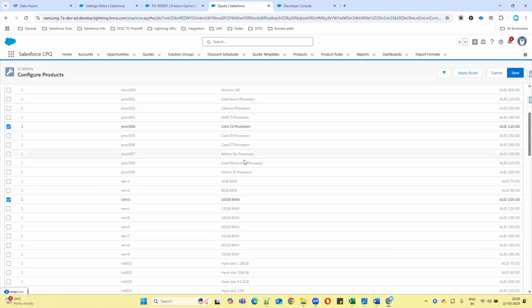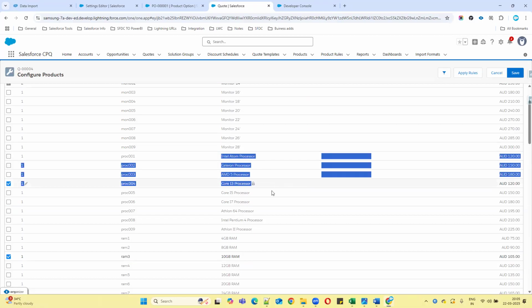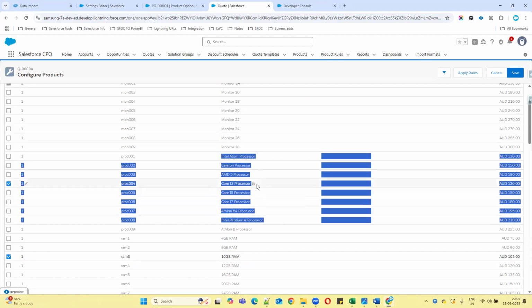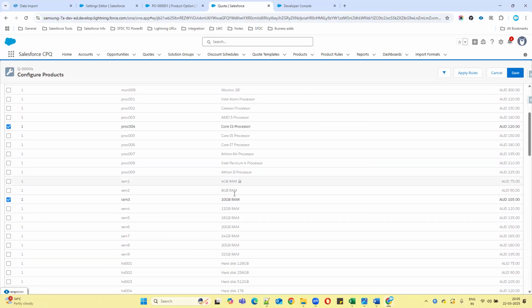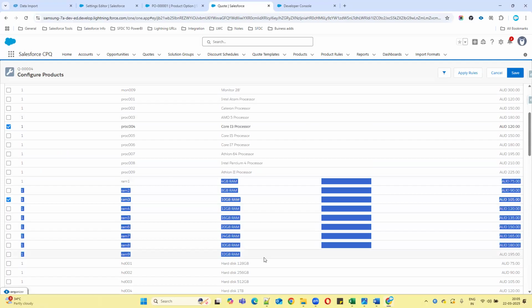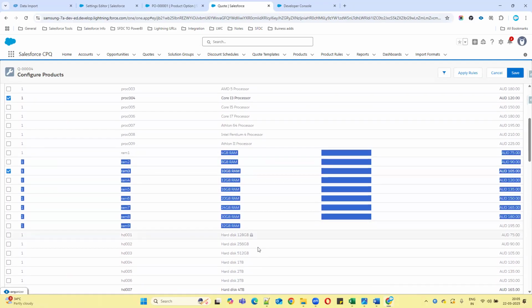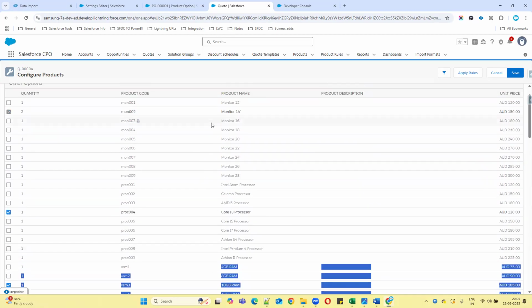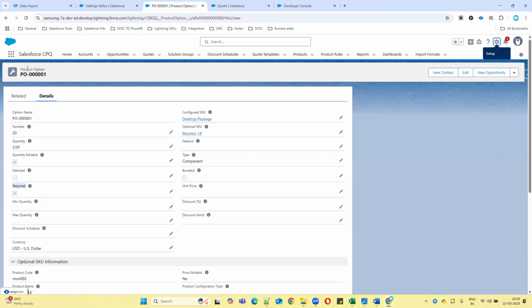If you see processors, all these belong to which category, which group? Processor group. All these things come under which group? RAM group, right? Something like that. So I don't want to display it like this. I want to make it like a categorization. Okay. So if you go to the product option, there is something called feature,